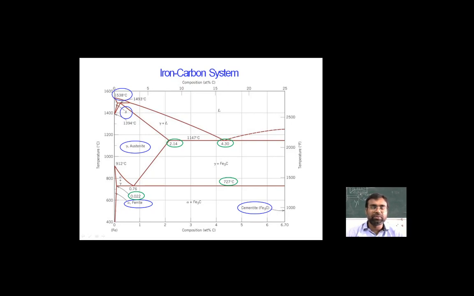As we know, the maximum range of this particular steel is about 2%, and above 2% to 6.67%, the carbon is related to the cast iron, and above 6.67, the percentage of carbon leads to the brittle material, that is the cementite. That is not our concern, as we discussed earlier as well, because it possesses only brittle material. So we are just focusing on the iron carbon system,